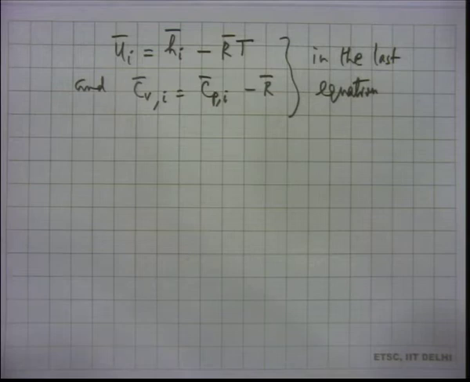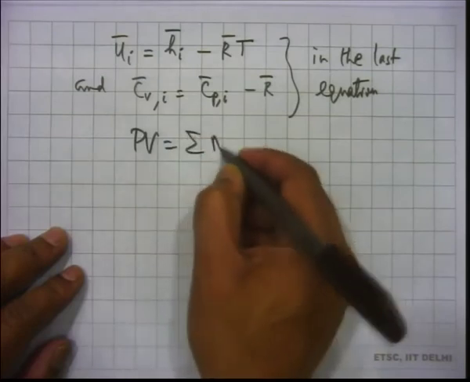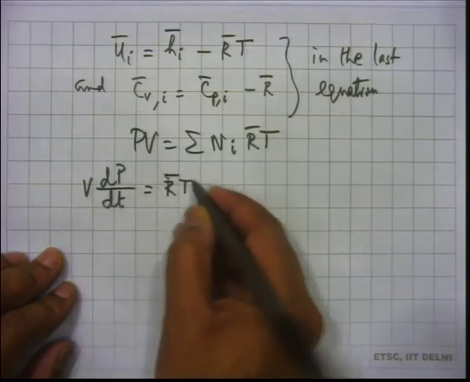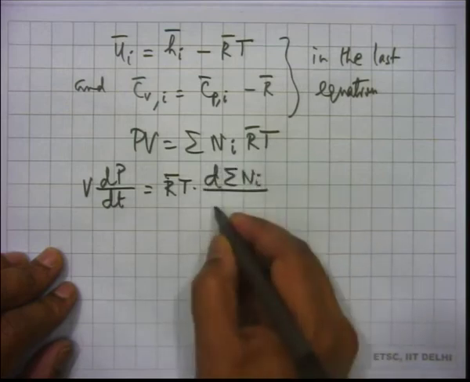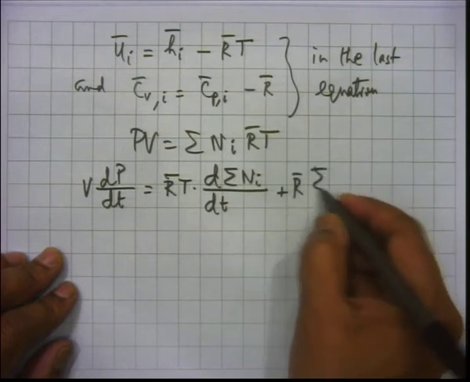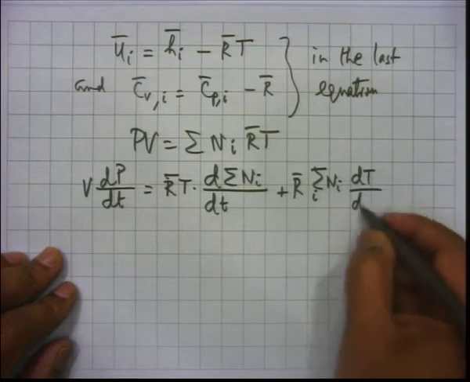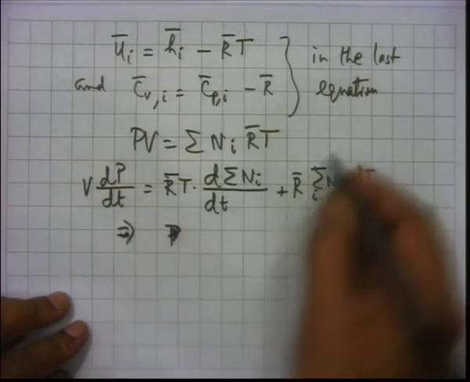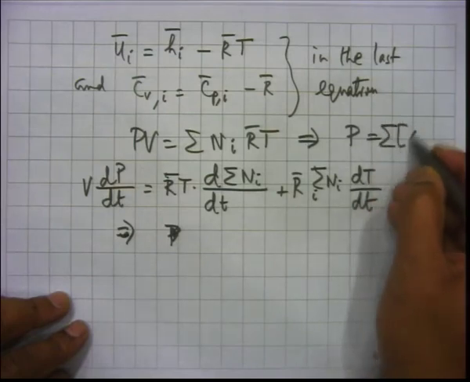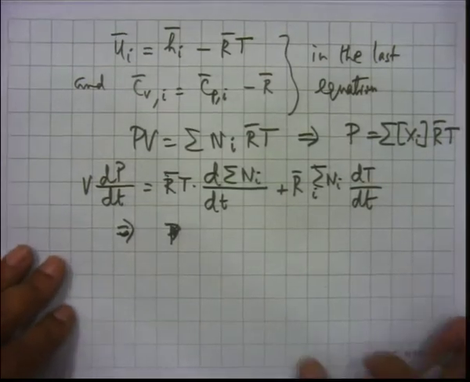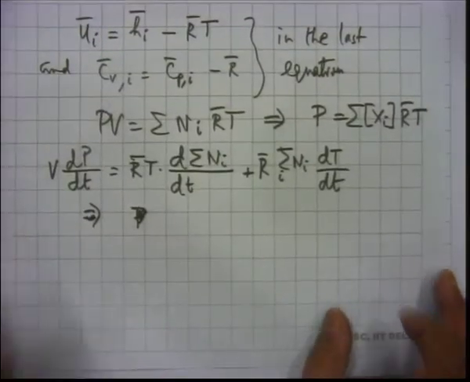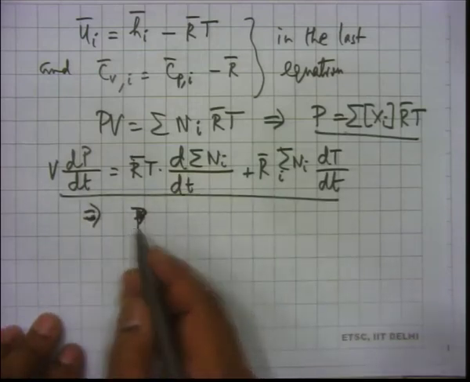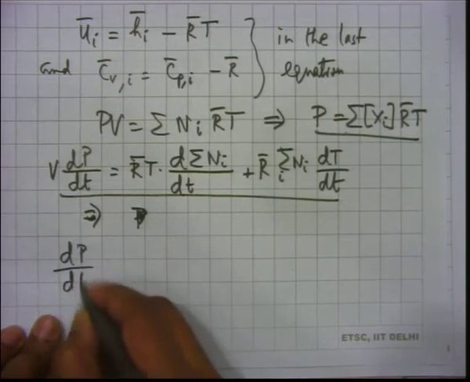So, we will again use ideal gas, and we have PV equal to summation N_i R bar T, and V dP dt gives, okay, so this gives P equal to... we have this and we have this, and after some effort, we can show